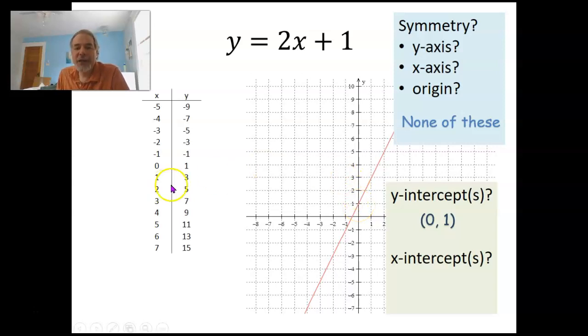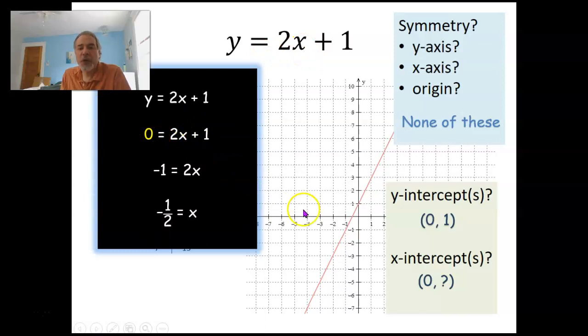And what about the x-intercept? Well, it's right here. I can see it on the graph. And it looks like it's about halfway between -1 and 0. It's not on this list here. There isn't a point on the list that has a y-coordinate of 0, but this is not a complete list. So if we wanted to figure out exactly where that is, we could go to the equation. We could put 0 in for x, or sorry,